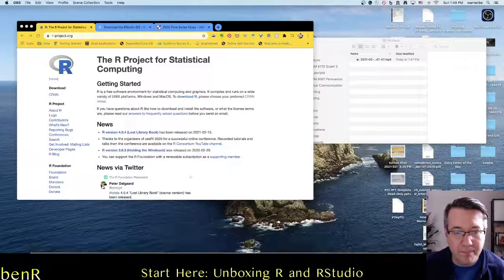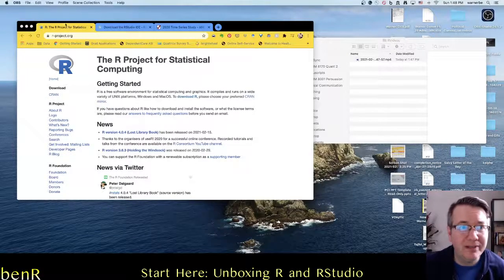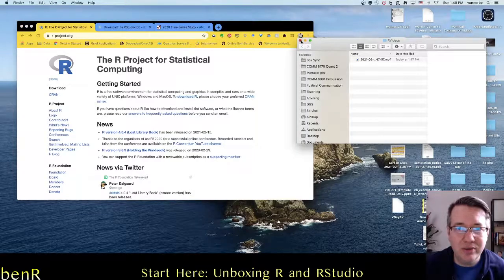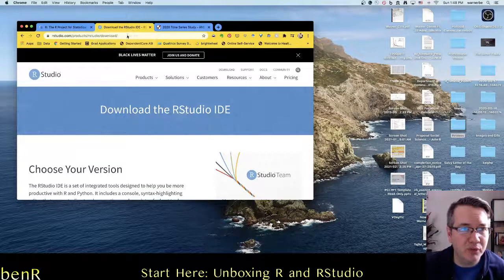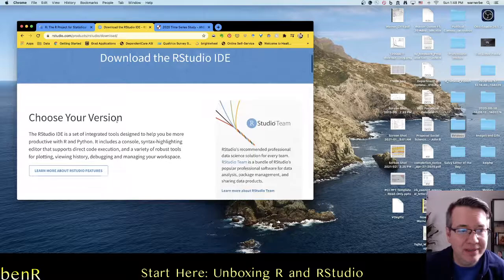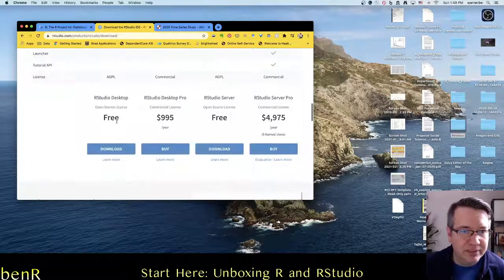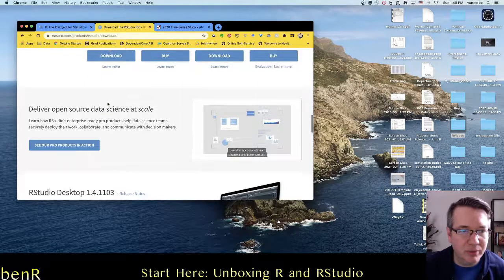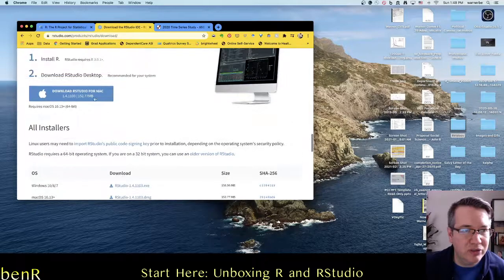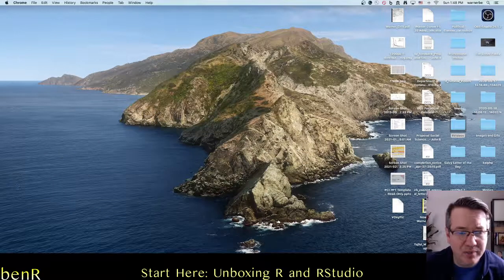Let's get started with downloading R and RStudio. You can download R from rproject.org, and you can download RStudio from rstudio.com. You'll notice that they're both free downloads, and you can choose based on the type of device that you have. Once you have them downloaded,